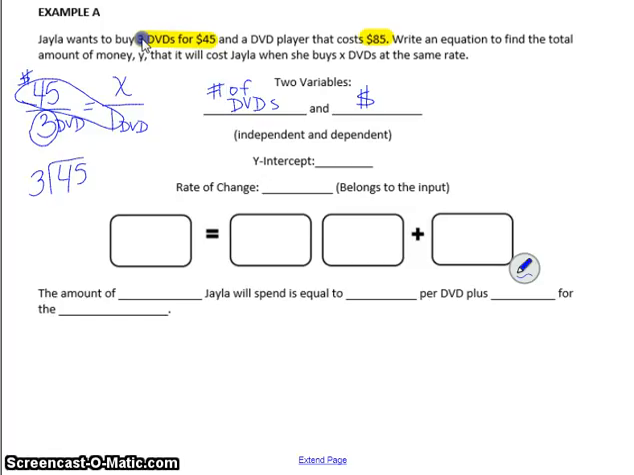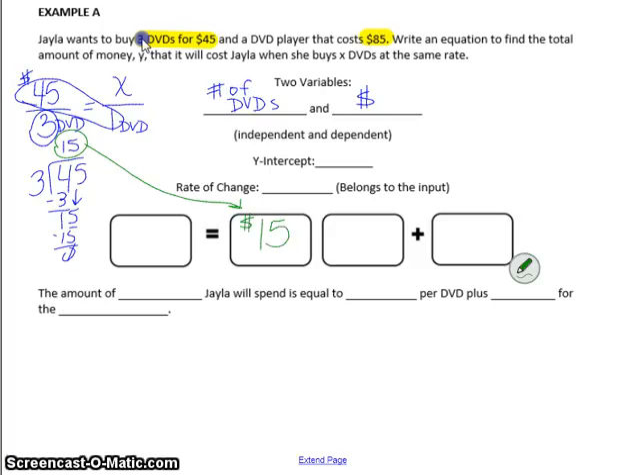3 goes into 4 one time. 4 minus 3 is 1. I bring down that 5. 3 goes into 15 5 times. So that 15 is now my rate of change. That 15 is going to go right here. So it's going to cost me